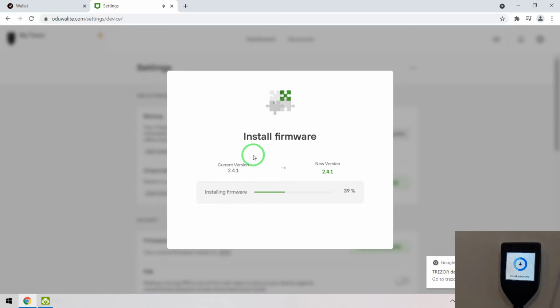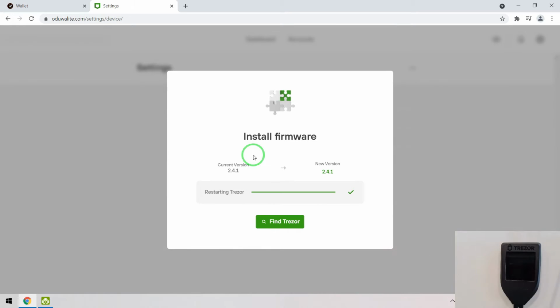Now it is installing our custom firmware that is made especially for Odua USD and Odua coin. If we install that firmware on the Trezor device, then it will support Odua coin and Odua USD to store coins on a hardware wallet, as well as the other coins that are already available on Trezor.io.